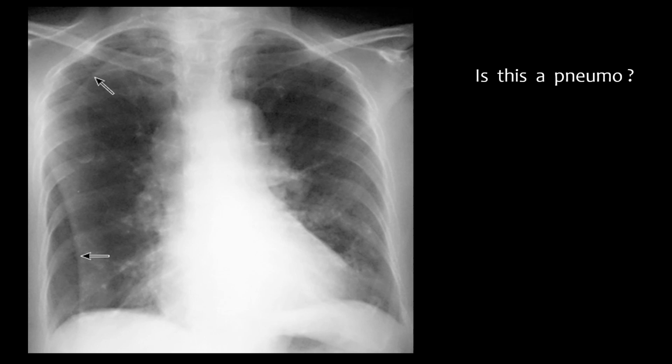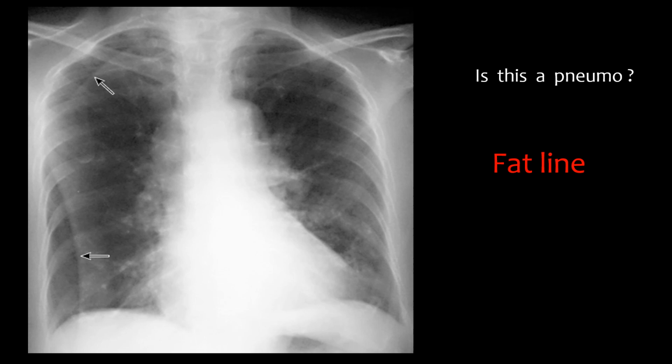And again, is this a pneumothorax? Now if you see, the arrows are not like that of a pneumothorax, and the shape is not that of a pneumothorax. So this is a very common scenario in the ICU. This is actually a fat line. What is a fat line? It is a fold of the skin at the back or a fold of the bed sheet which gives this kind of an image. So you have to be very careful.